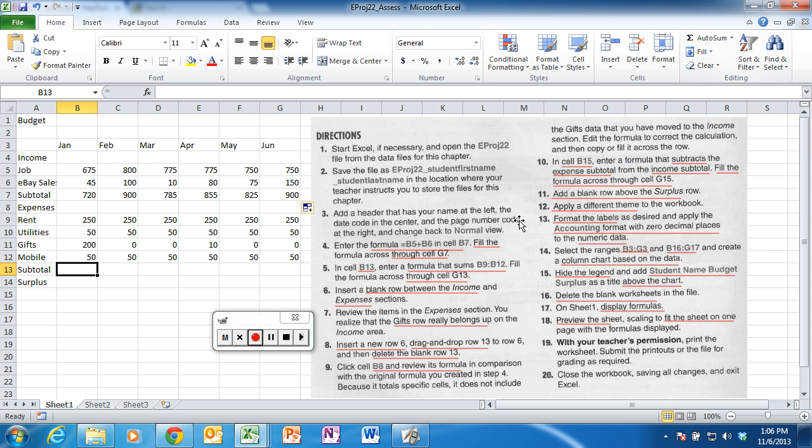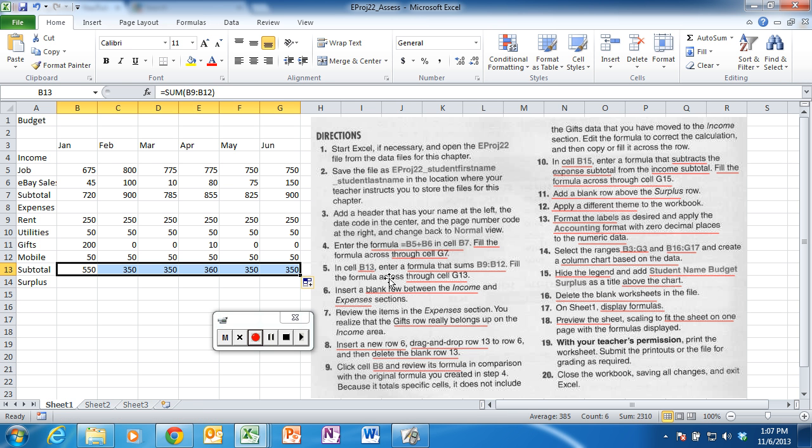So remember, we want to insert the formula that sums B9 to B12. That's what we have to remember. Notice it says B9, B12. It's fine, so we hit enter. We go back to it, and then we grab the fill handle and drag it all the way to G13